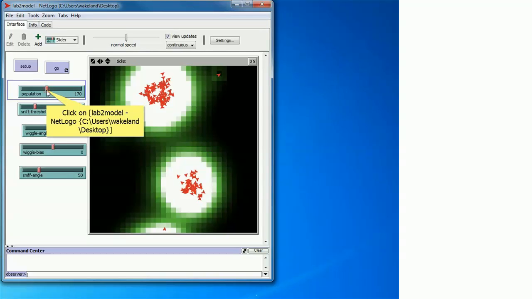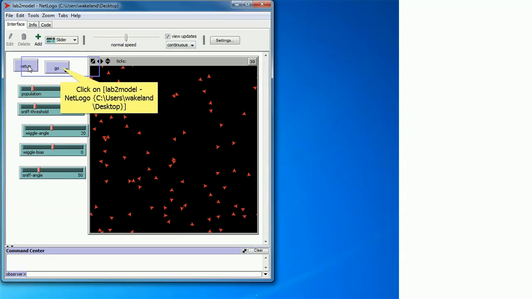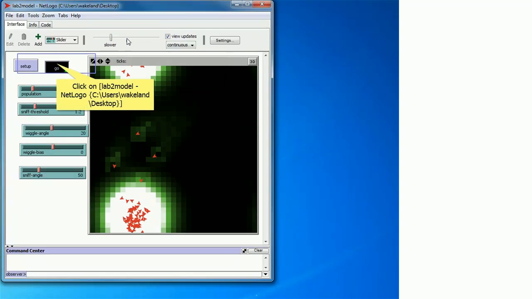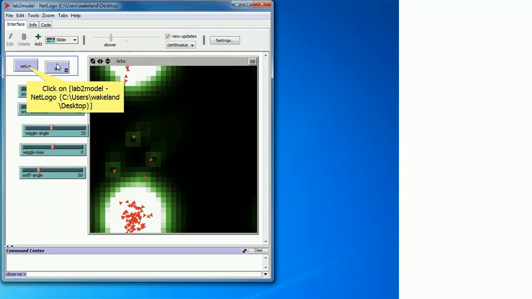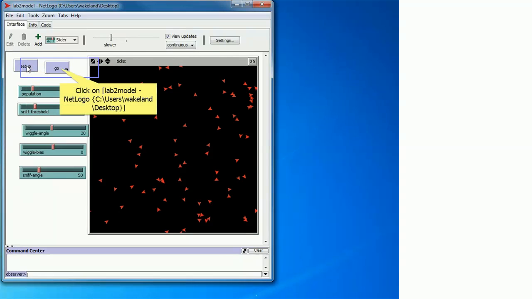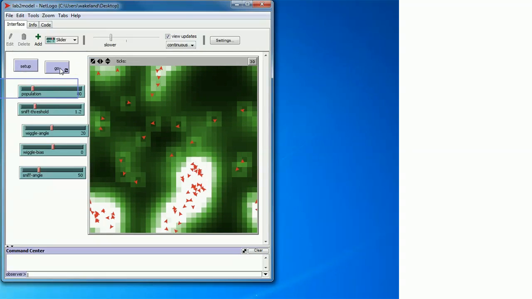First of all, let's just cut this way down to a much smaller number. Go setup and then go. Seems like it's hard to say there's much difference. It happens. We can turn the animation down by slowing it down like this. That might help some. Let's go stop, setup, and go, and watch the aggregation as the molds start to coalesce. And then if we go to the maximum,